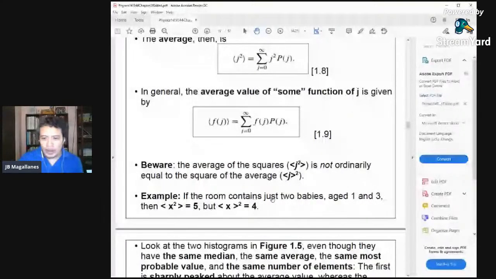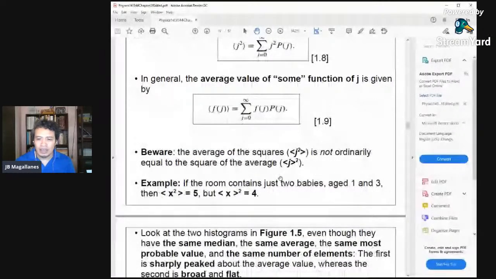The average of the squares, j square, is not ordinarily equal to the square of the average. This one, it's not equal. So beware of that. You have to remember that the average of j square is not equal to the square of the average of j. So in this example, for example,